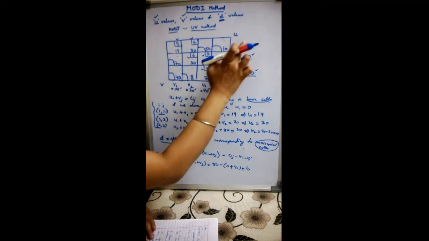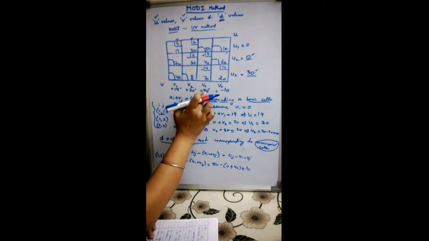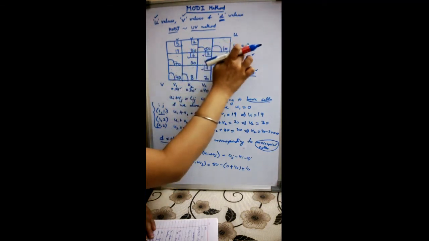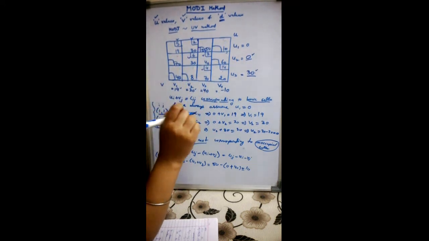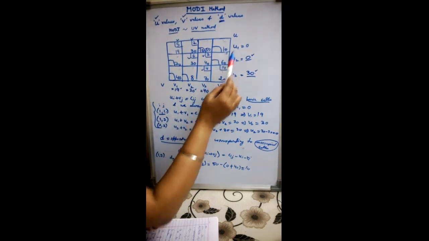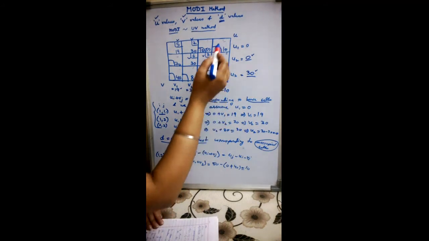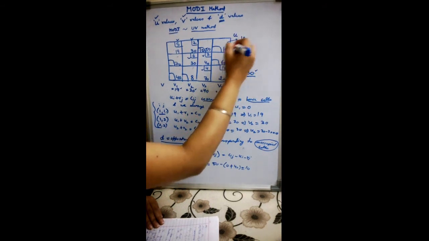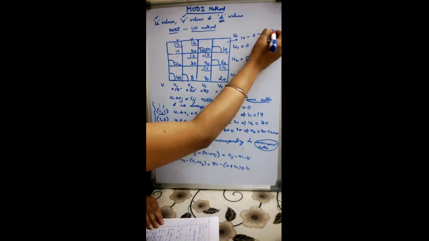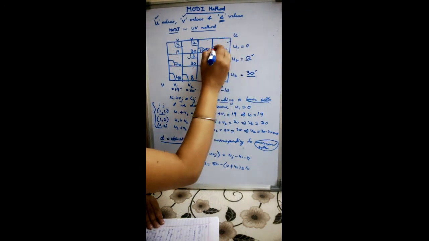So it is C minus, see for this cell, this is the u value, and corresponding to this cell this is the v value. Okay, so 50 minus 0 minus 40 is equal to 10, right? Then for this cell this is u value and this is v value. So 10 minus 0 minus of minus 10. So for this particular cell, what will be the d value? It will be 10, that is C, minus 0 minus of minus 10. So this will be 20. So you have to write down the value here as 20.